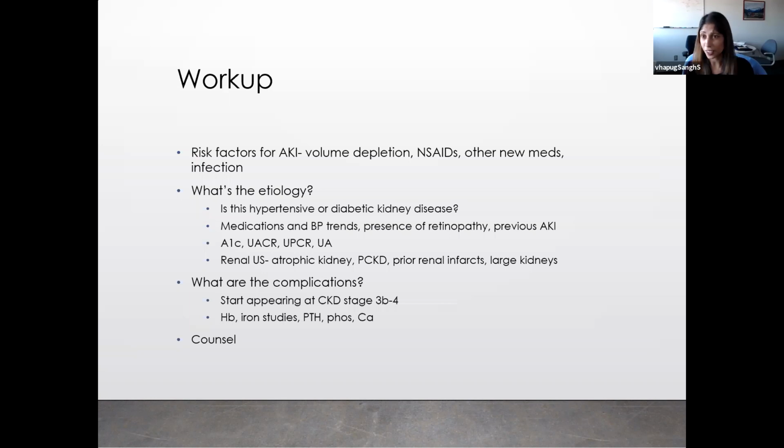It'll tell you if one of the kidneys maybe is atrophic since birth. It'll tell you if they have polycystic kidney disease or prior renal infarcts. And sometimes they have large kidneys that are too large, and those make you think of infiltrative disorders like lymphoma or amyloid or sarcoid. And then, like we discussed, the complications start appearing at CKD stage 3B to 4, but